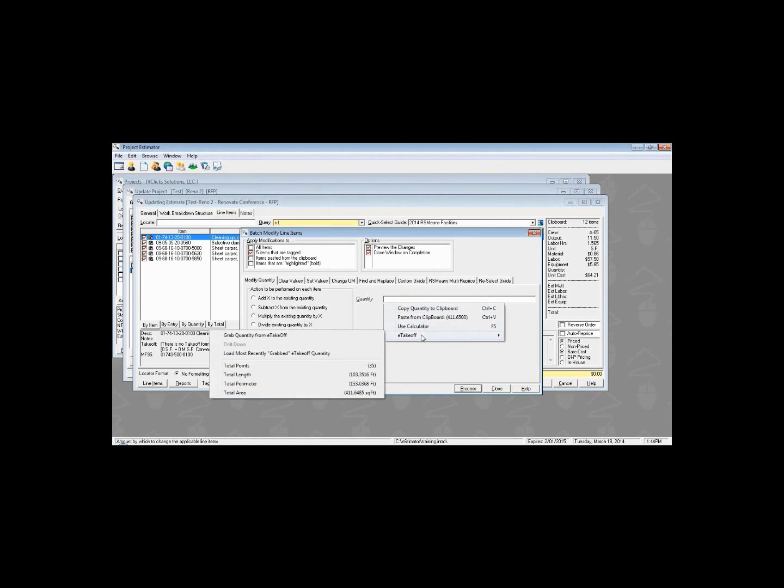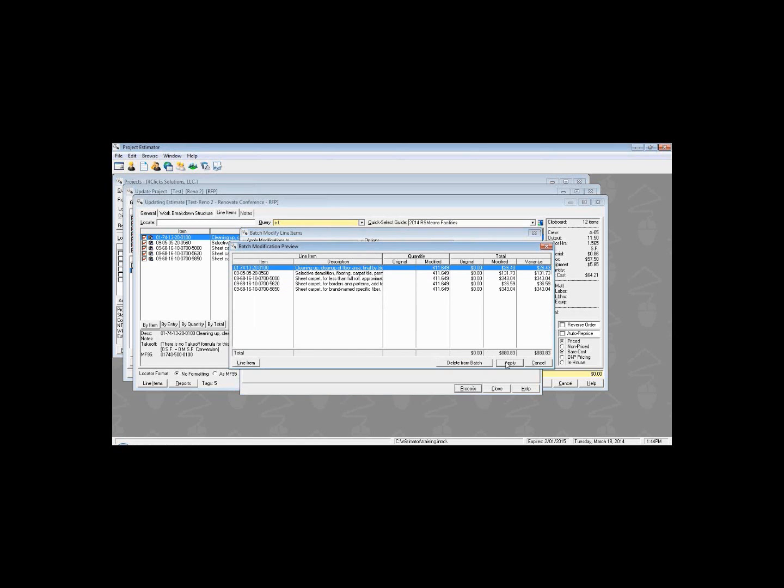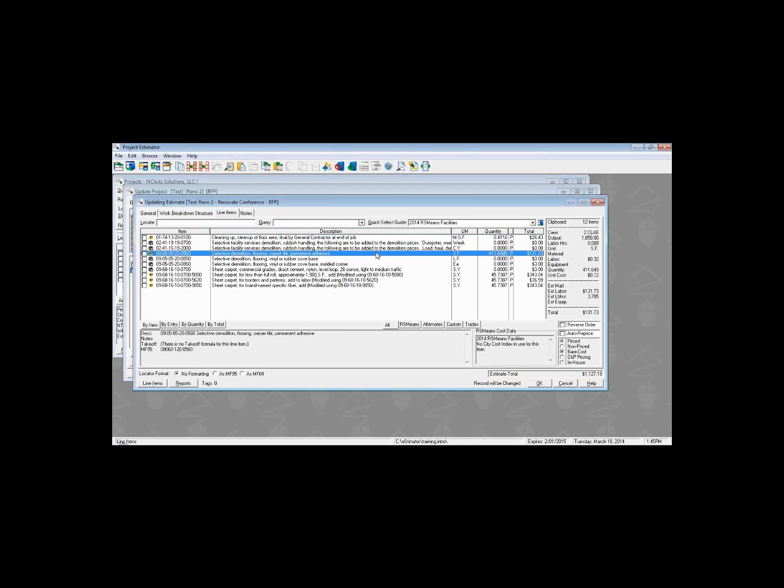What this is going to allow me to do is grab the takeoff I just created, and what you're going to notice here, this little clipboard icon, which is just saying I copy and pasted my estimate from another project, it's going to turn into an E icon. What this E is going to allow you to do is whenever you're in the system and you're realizing, hey, I did a pretty poor job, my quantities are off for my demolition of my carpet tile,